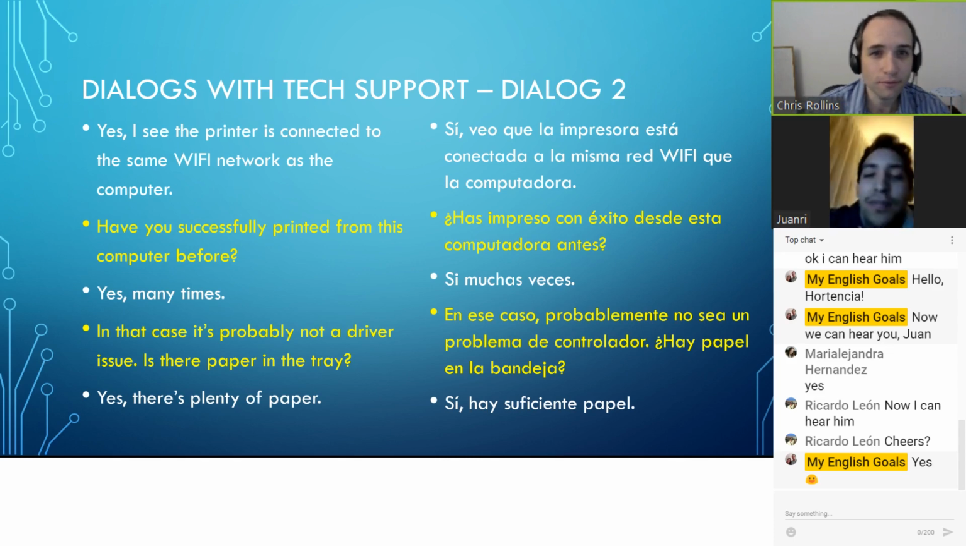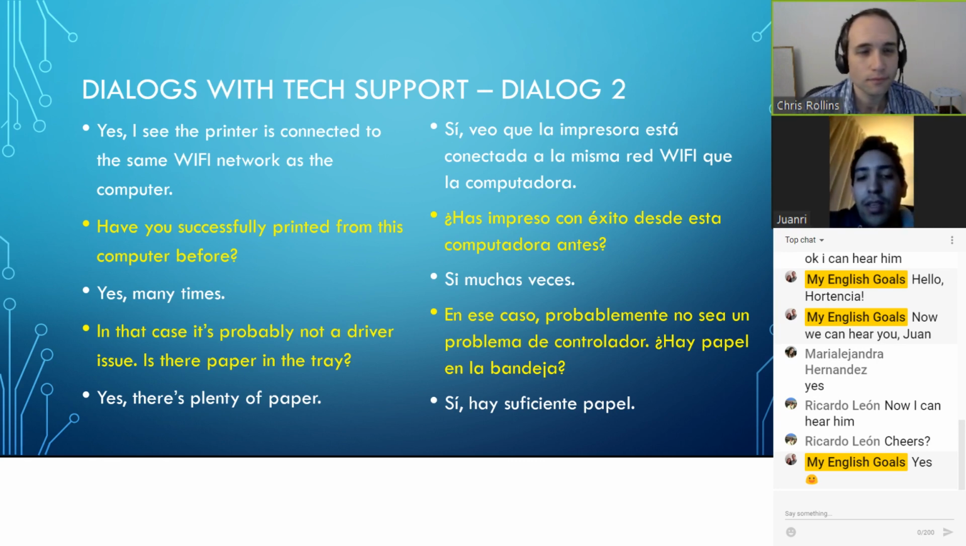Yes, many times. In that case, it's probably not a driver issue. Is there paper in the tray? Yes, there's plenty